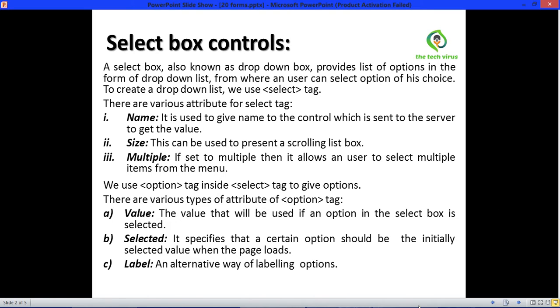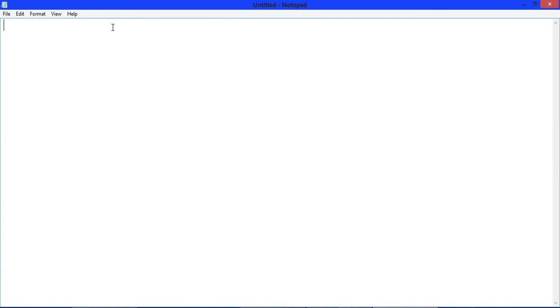Now open your text editor and write here HTML, head, title, give a title here, close title tag, then close head tag, open body tag, write here bg color equals to pink.